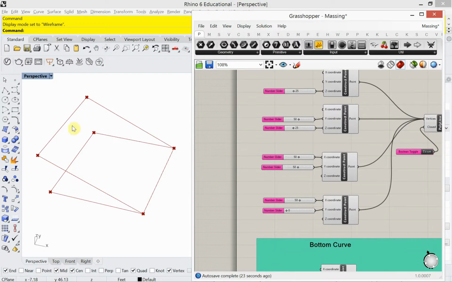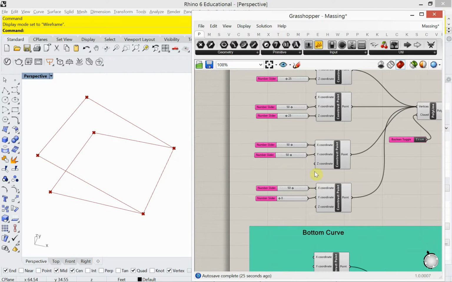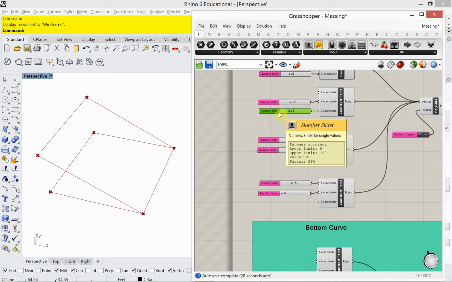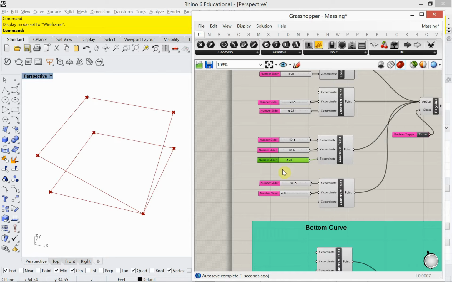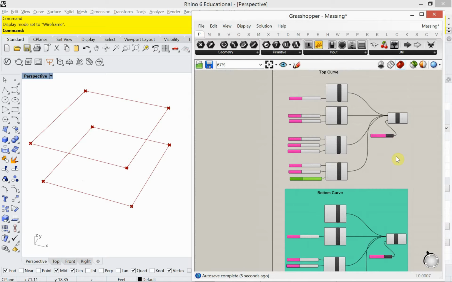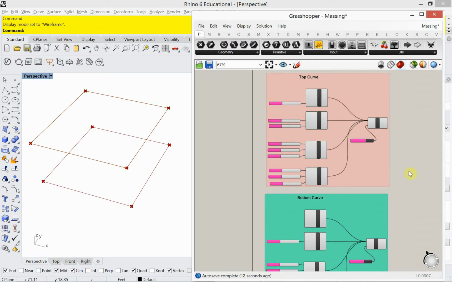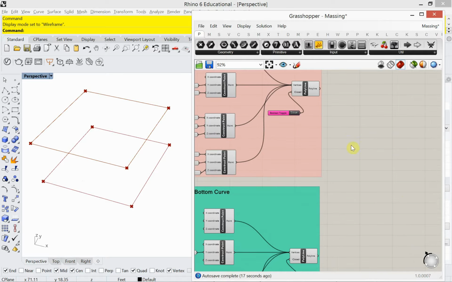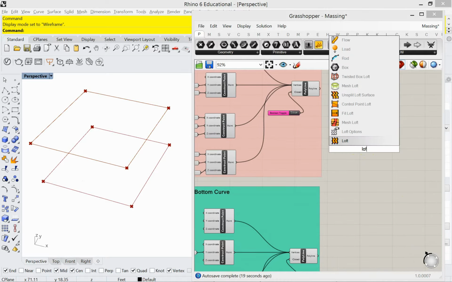Alright, so there's 25. Those 2 points are raised at 25. I'll copy and paste this. Okay, copy and paste this. Alright, so just 2 polylines, one above the other. I'm going to Control G to group this. Okay, so if I loft between the 2 polylines,